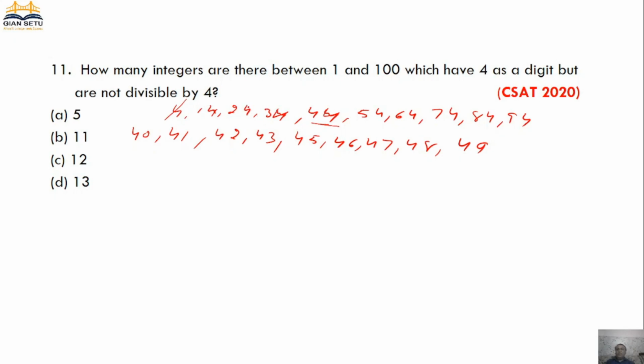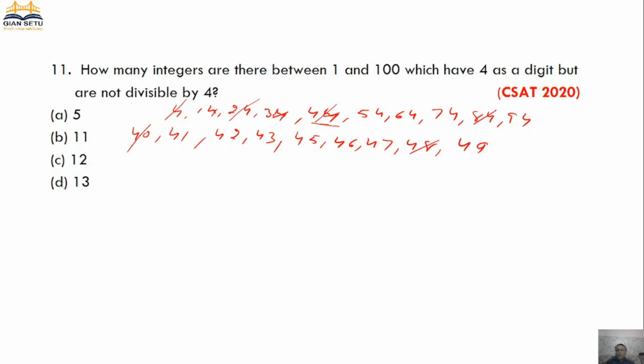This is divisible by 4. Again, this is divisible by 4, right? And this is divisible by 4. Then this is divisible by 4. Okay. Now remaining numbers are